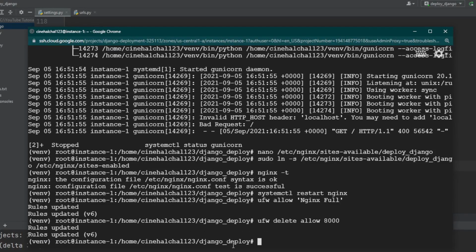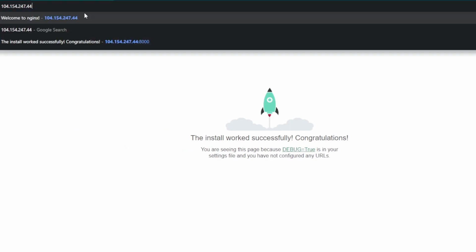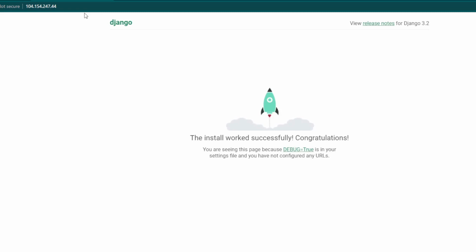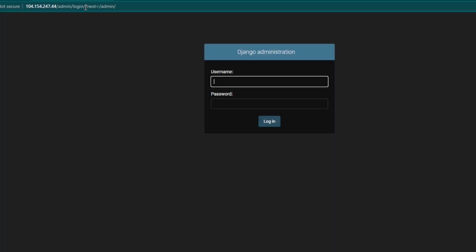Now our Django application should be running at the IP address given. So let's go back to that and check once again. Now we don't need this :8000 and let's try to run. Wow, here our Django application is deployed successfully. You can go to /admin and check if the static files are being loaded or not. Here you can see this kind of UI is coming only because our static files are loading. So there is no issue of loading the static files.